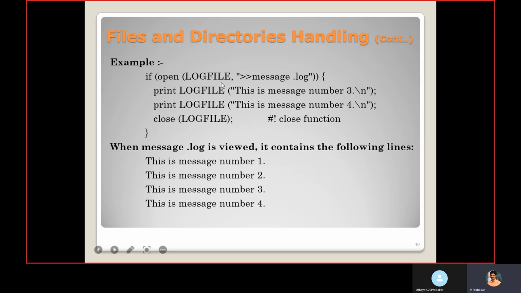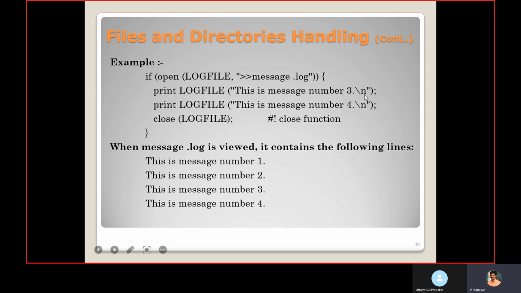Here I open that message.log, the handle I'm creating as log file, and I'm printing using this handle. This is message number 3. So using this handle, I'm printing this content, this is message number 3, into the message.log.